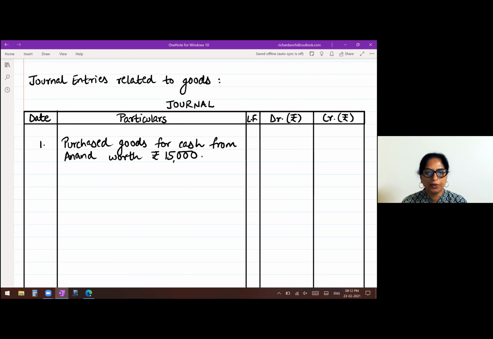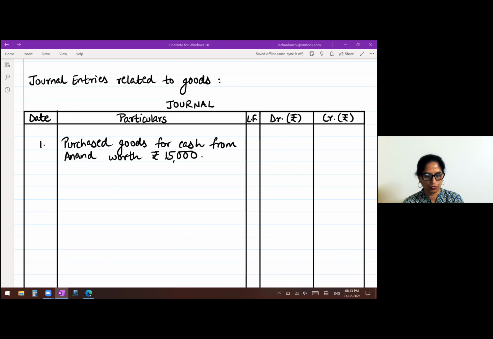So if you see, it is purchase of goods for cash. So it is a cash transaction. So one of the accounts will be cash, the other account will be purchases. So 2 accounts are picked up. One is cash account, the other is purchases account. So now you know purchases is a nominal account and cash is a real account. So purchases is an expense. So according to the rule of nominal account, purchases will be debited because the rule is debit all expenses and losses. And cash, a real account, cash is going out of business. So it is credit what goes out.